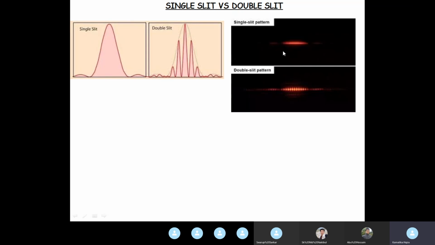This is the single slit, you know, this is the central maximum, and the secondary maxima are very, very feeble. Intensity of the secondary maxima are extremely feeble. And then this is the double slit where you have kept the slit width same, but you only have drawn in another slit. So there are now bright and dark fringes within the central maxima, and in the higher orders too you have bright and dark fringes, and this is the double slit pattern. Okay, this is what your graph shows. This is what you actually see in the laboratory.